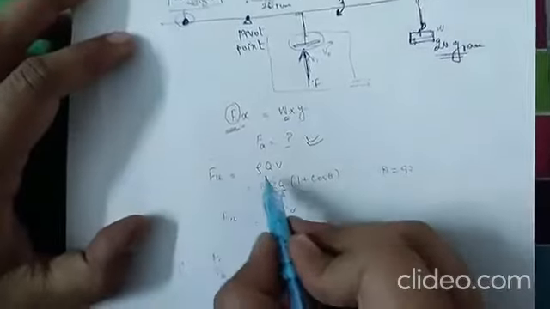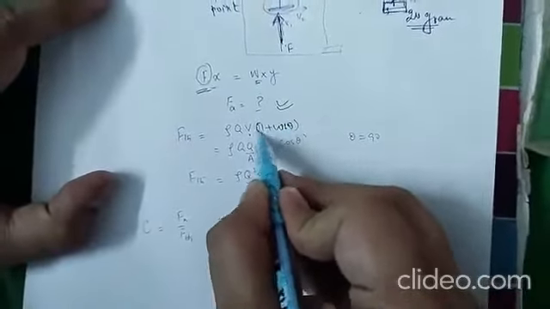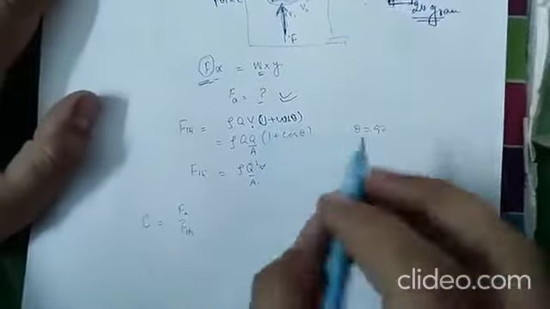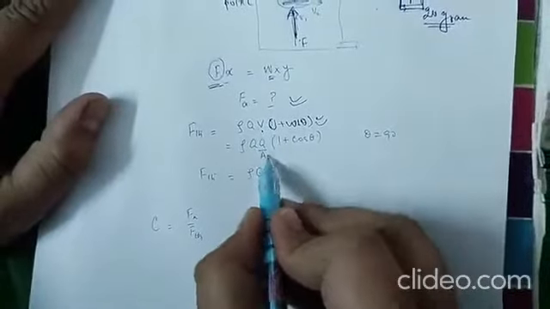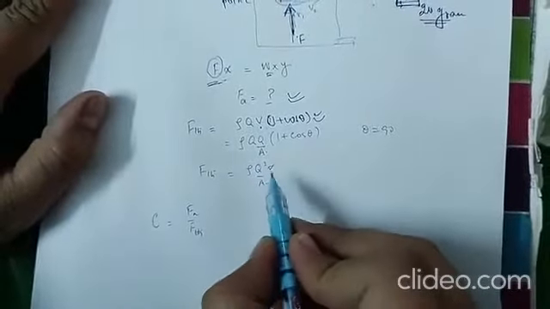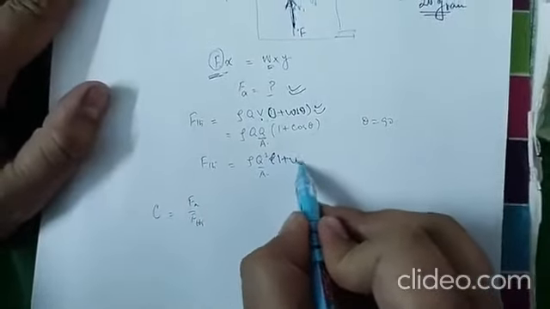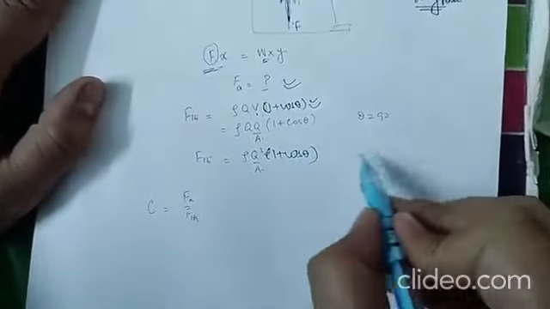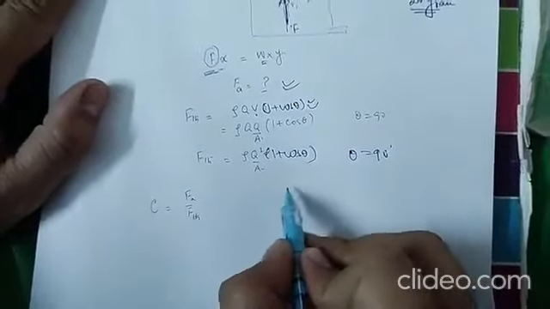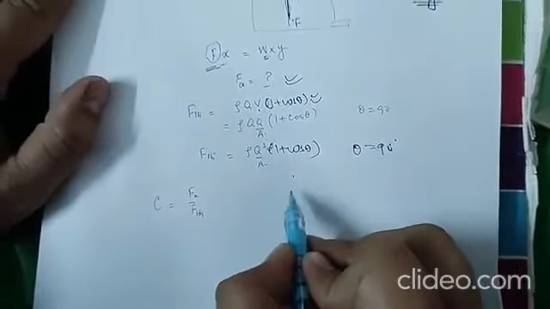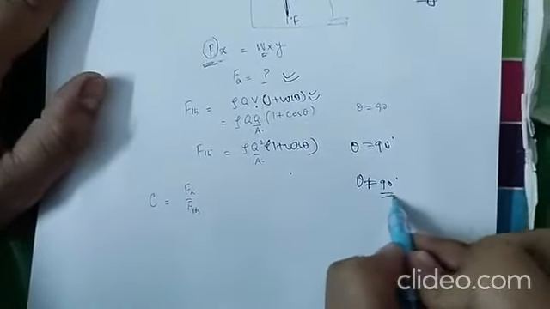Now what is the theoretical force? Rho into A into V into 1 plus cos theta. You all can study this in the manual. I will give you the manual also in the Google Classroom. Replace V by Q upon A. So this will be rho into Q squared divided by A into 1 plus cos theta. For the case of circular, I have told you that theta is equal to 90 degrees. But for the case of hemispherical and conical, the theta will be different. It will not be equal to 90 degrees. That is given in the manual.